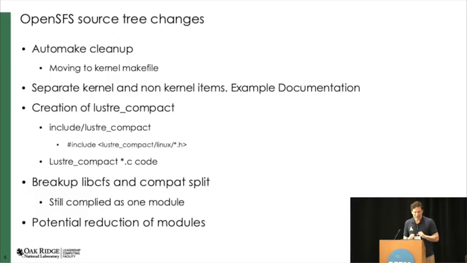There's a lot. We'll have to have that discussion on Developers Day. And then lastly, one of the other things, I don't know if it'll be done for 2.18, is we've talked about reducing the number of module counts. So it would be down to just a handful of modules: LNet, libcfs, and then just Lustre. That's what you would see. And then there would be a Lustre server module, and that would be it.